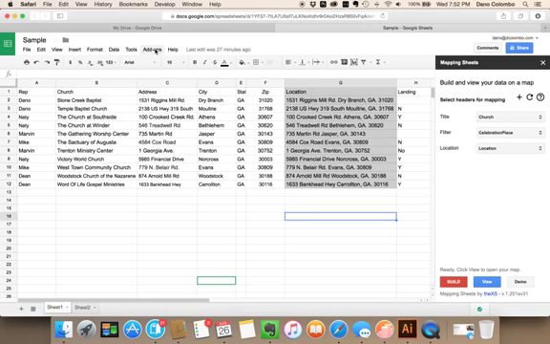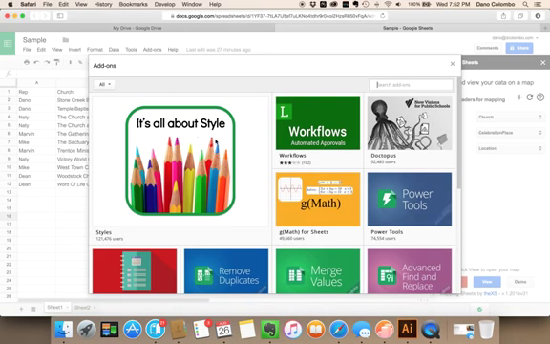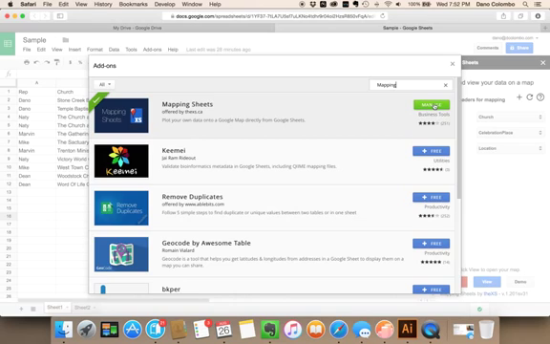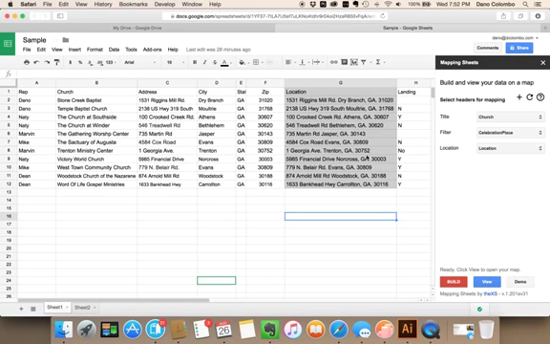Now I want to show you how you get this mapping tool. One thing you might get challenged with is you open up a spreadsheet, you create the spreadsheet, and then you go up to add-ons and this is not there. So then you're like, Dana, that's not fair. What you're going to actually do is get add-ons, and you get this new dialog box that pops up, and if you type in mapping, capital M, mapping, and hit return, it'll search, and then you'll be able to get it for free. Just click it. It'll be like this when you get it, and it'll